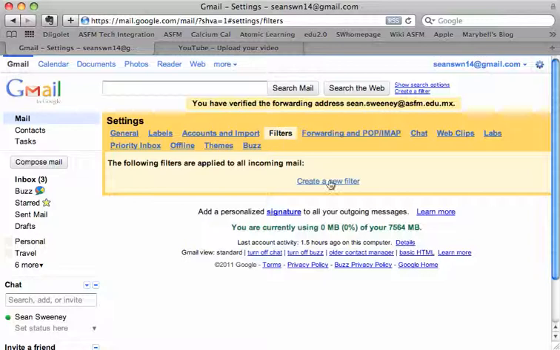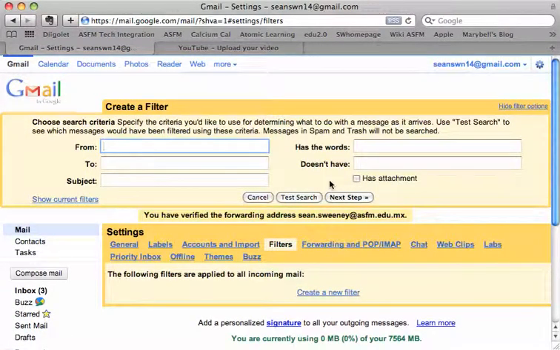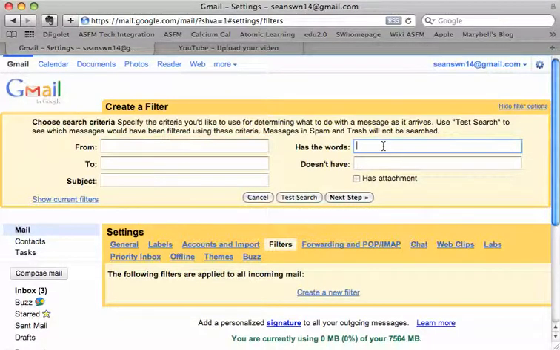And filters, you can choose to set up if you'd like to or not, depending on the age of your child. You can choose actually that they don't receive from particular people or that particular emails go in particular spots. So for instance, if there are bad words, I would actually type the inappropriate words that I choose my child not to be associated with, so maybe crap, and I can list other ones, jerk, something that I might think is offensive. Then I can click next,